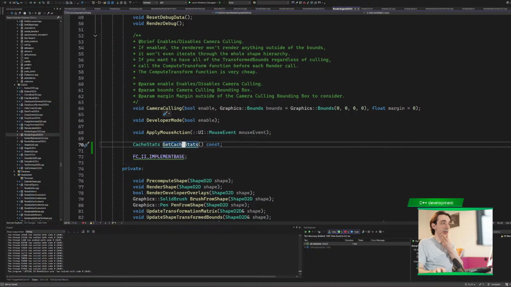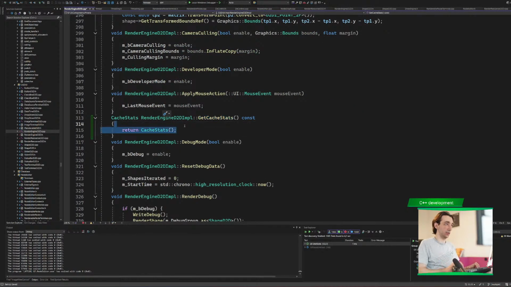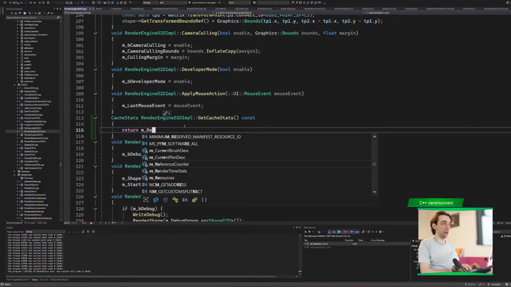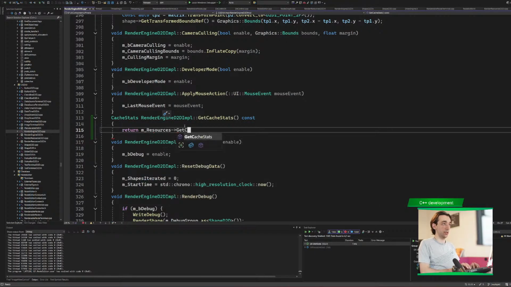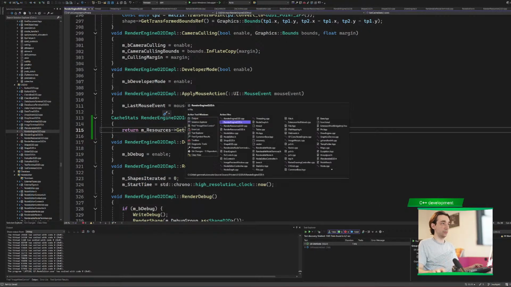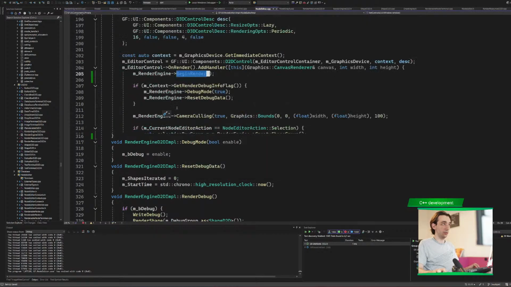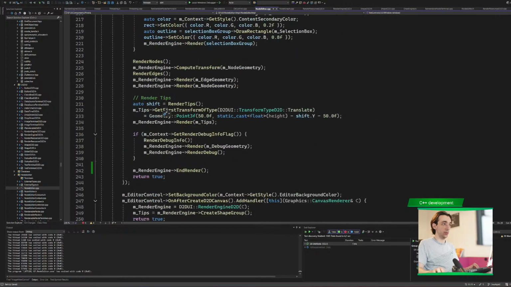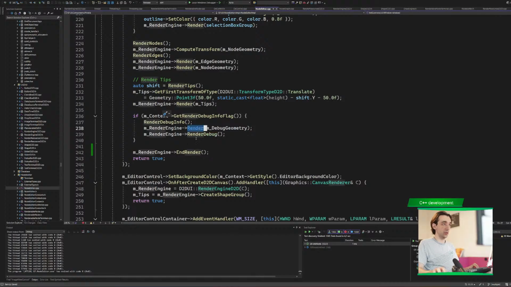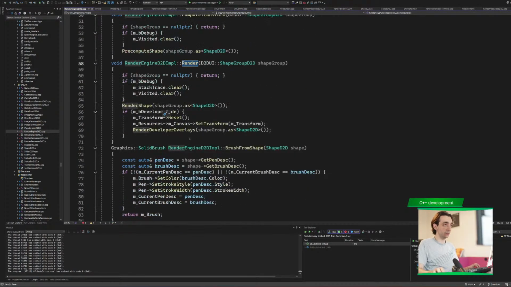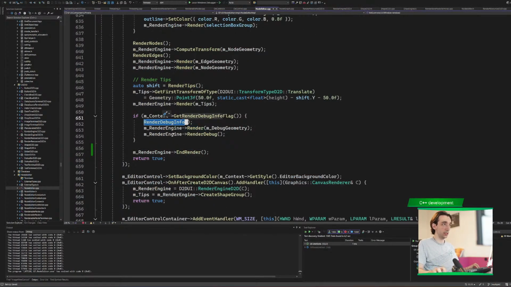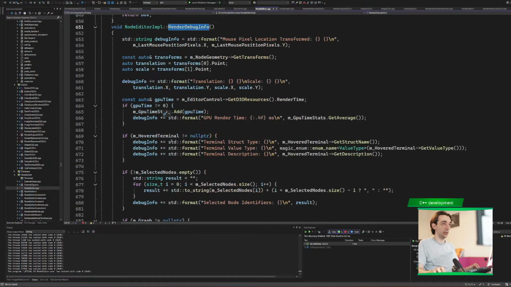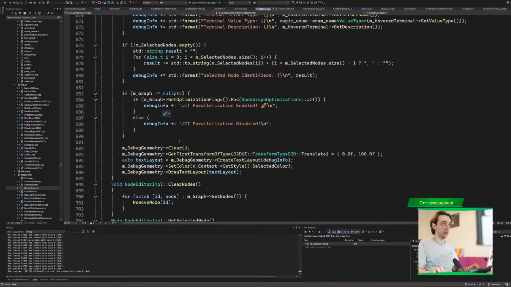I will maybe add some other statistics here, but for now I'll just return resources get cache stats. And in the node editor itself there's a debug information where debug is rendered. There's this render debug info. And I can just add here on the debug info, there's the JIT parallelization is enabled,